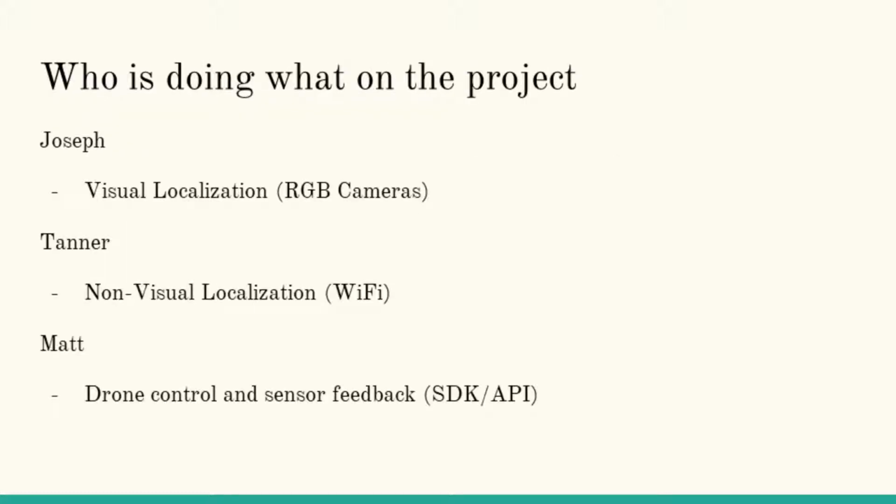During the early research phases of our project, we've chosen to each focus on specific areas. Currently, Tanner is focusing on non-optical localization using Wi-Fi signal strength and potentially other sources such as cell tower signal strength down the line. Joseph is focusing on UAV localization using optical means, specifically the strategy involving the numerous cameras placed in a room. Matt is focusing on the raw interactions with the DJI drone, such as researching how the API can be used to control the drone and how we can access the raw sensors that the drone comes